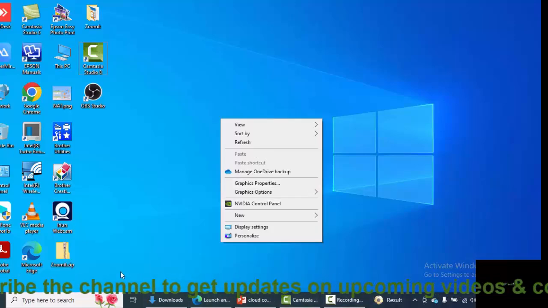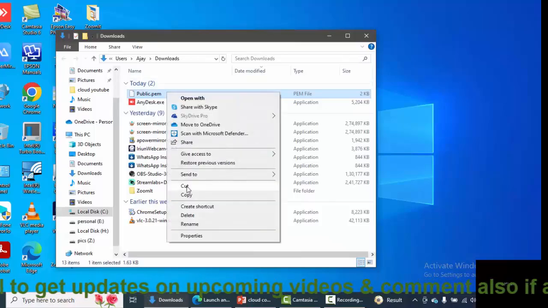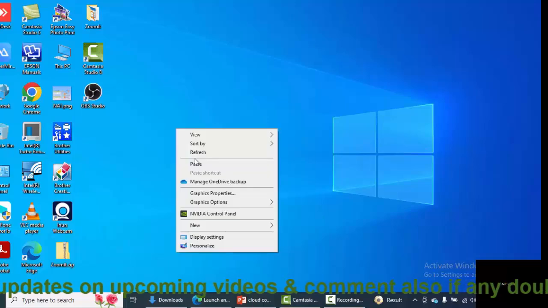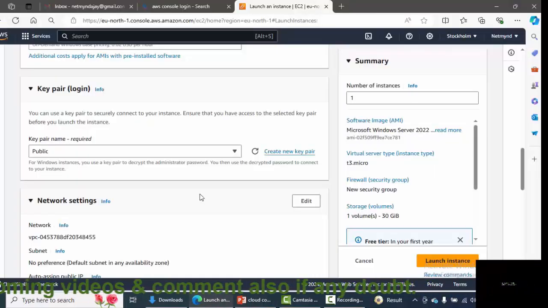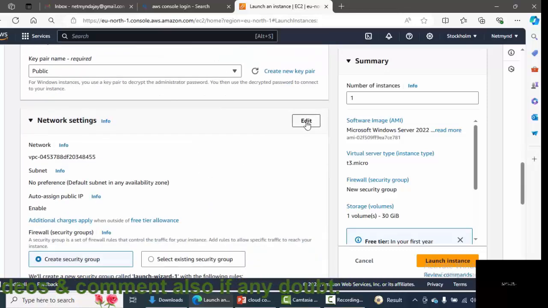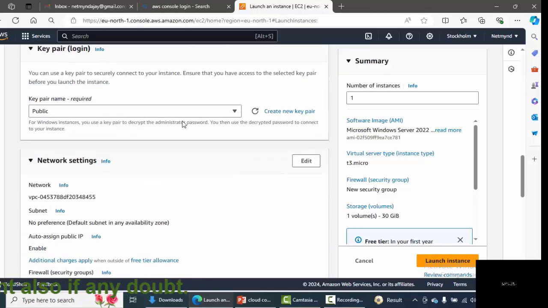Why is it not coming to downloads? And I paste it on the desktop. Okay, it's mandatory to download. Now the main thing we have to discuss: I have given the name public EC2, so it